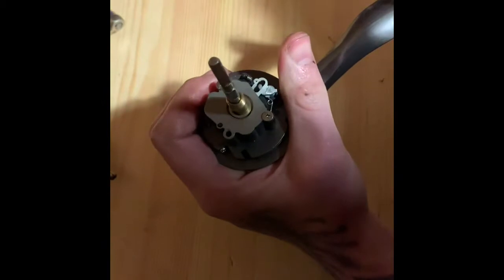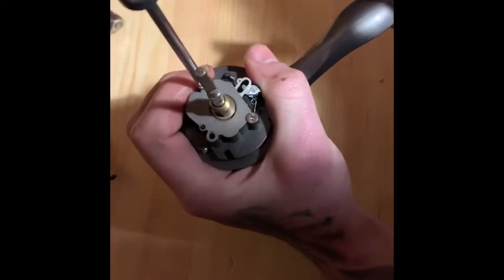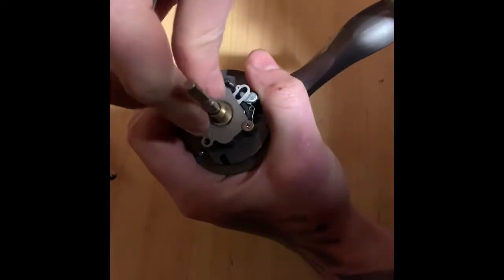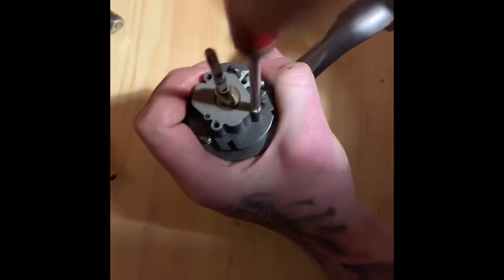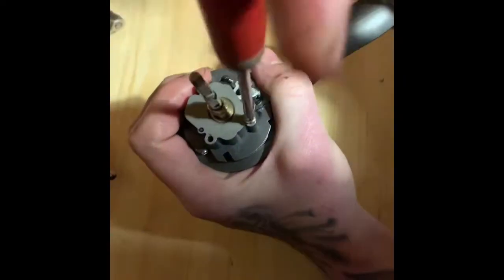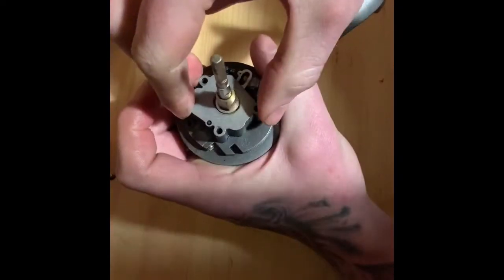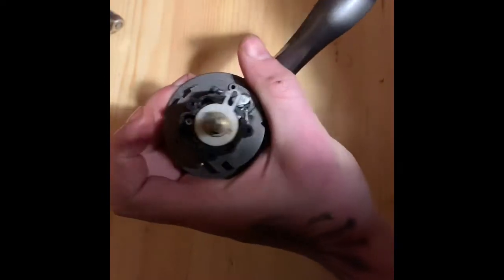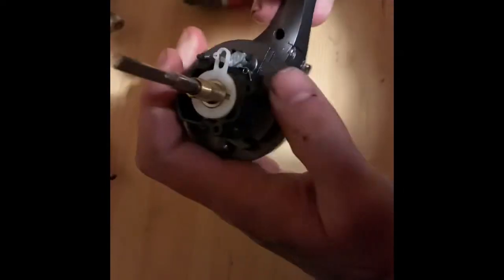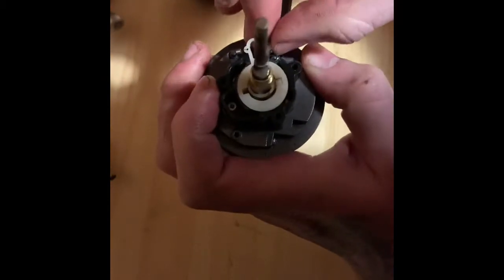We'll wind the shaft back out so we can put a bit of grease on the shaft as well. So as you can see, that spring just dropped out, which is for the back wind. So I'm going to take this top off, lift the back wind out, drop the back wind back in the right place with the spring. And this is where all your bearings are inside there by the looks of it. So if I just drop that up a little bit and then drop that,